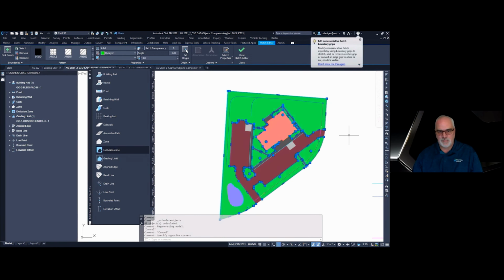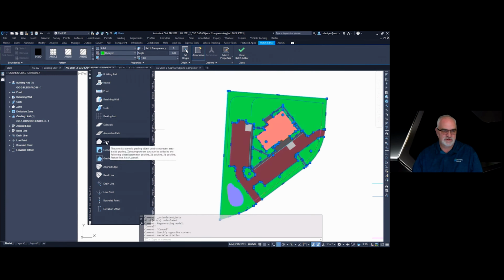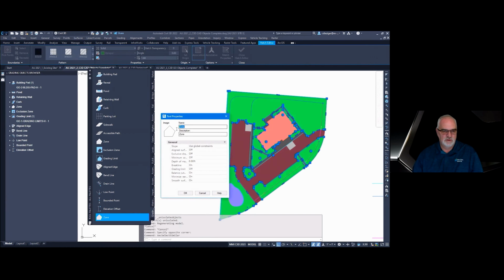Same thing when I select landscape, I can select all those, come up here to zone this time because there isn't a landscape one. Now, one thing I could do is copy the zone, paste it onto the tool palette, and then rename it to landscape, and then set the things that I want to use every time, so that if the landscape you do is similar every time, you can set those constraints here.